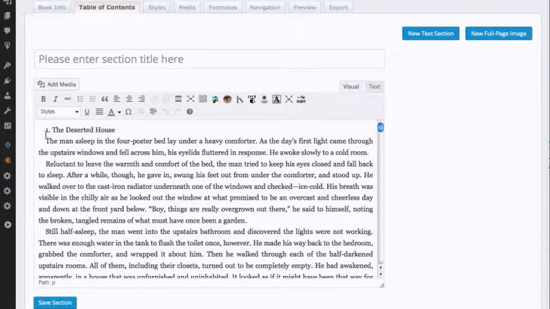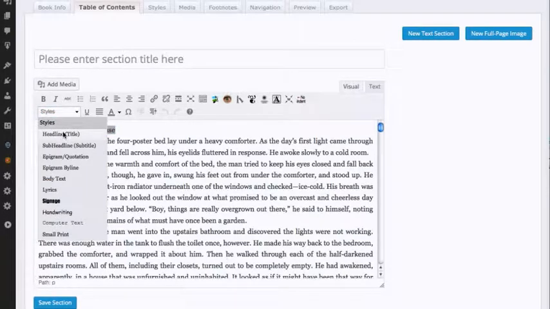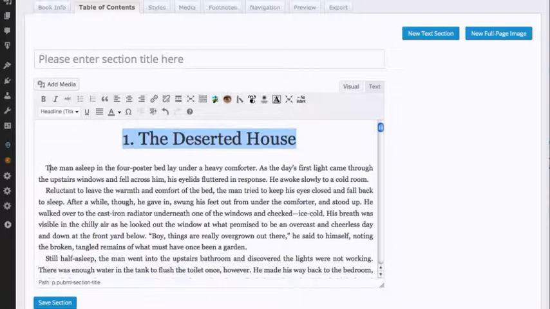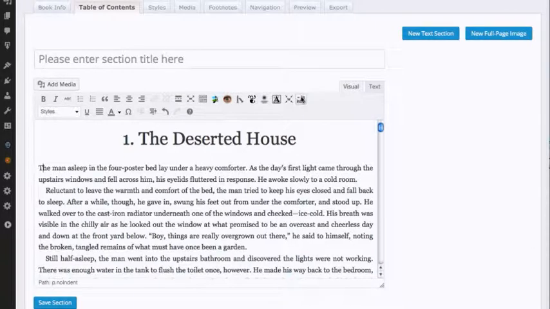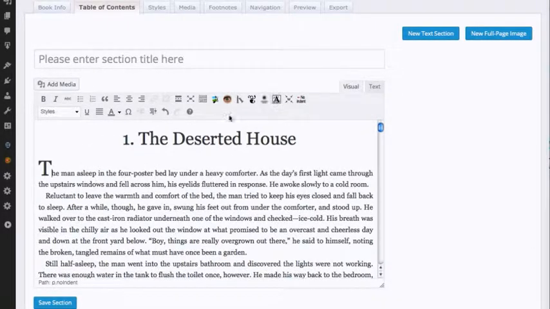Let's format this a little bit. The first thing is, this is the title. So I'm going to go to my styles menu and choose title. Now the very first paragraph of a section usually has no indent, so I'm going to use the no indent button. I'm going to make the T into a drop cap, and then I'm going to use this very first phrase, the man asleep. I'm going to make this small caps to transition from my drop cap into my regular